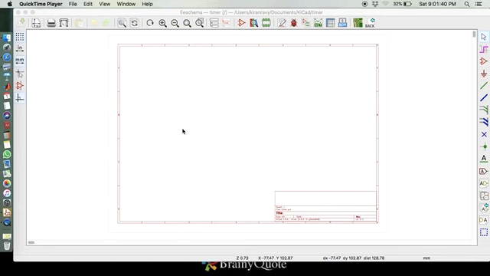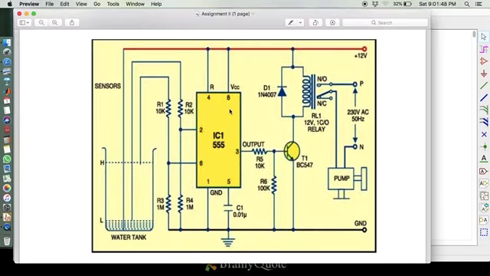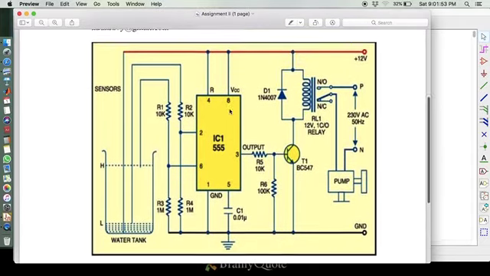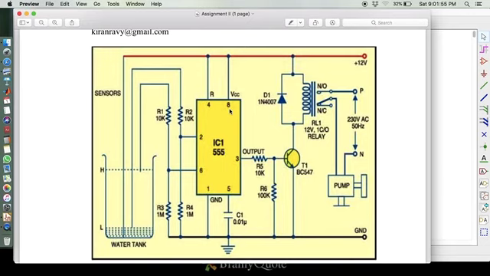So this is a demonstration of KiCad for a PCB design, and I have given an assignment to realize the PCB design of this particular automatic water level controller. This is a circuit based on a 555 timer IC. You have a couple of resistors here and there, transistors, etc. The part of the circuit we are going to realize in KiCad is